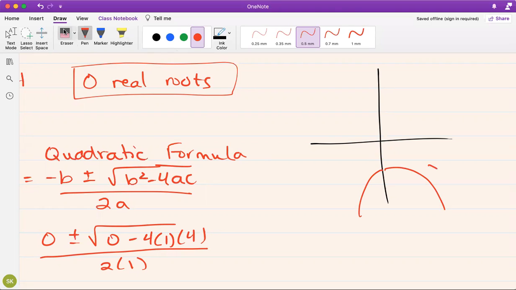Let me write this function here. This function y is equal to negative x squared minus 4. It looks like this. And how I got this was I took my parent function x squared, I moved it up 4, and then I multiplied that by a negative. And what happens is when you multiply by a negative, it flips the graph down. So the graph looks like this,